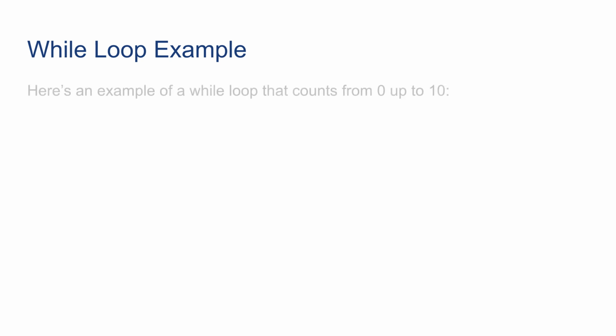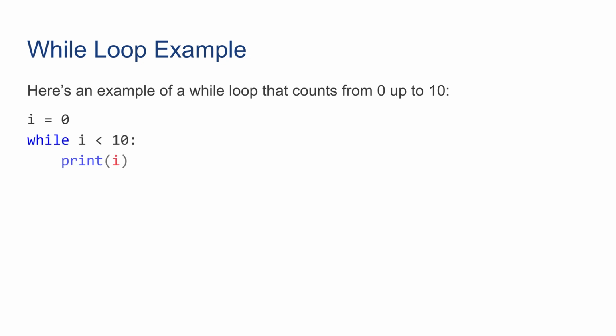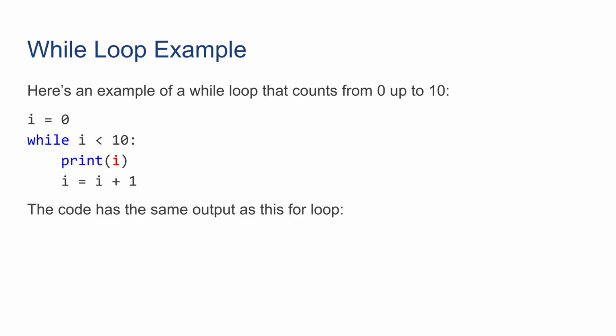So let's see an example. So here we have a while loop that counts from 0 up to 10. So set the index variable I to 0, while I is less than 10, print I, and then increase I by 1. Okay, so this code has the same output as the following for loop: for I in range 10,